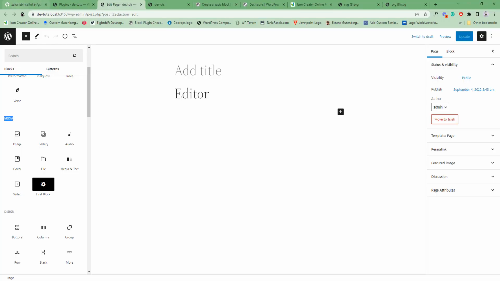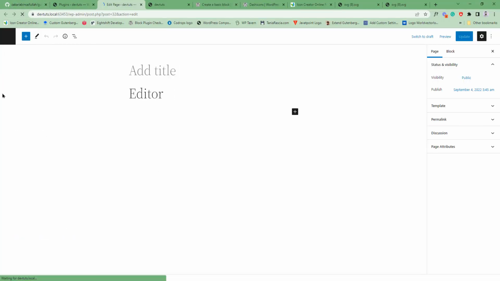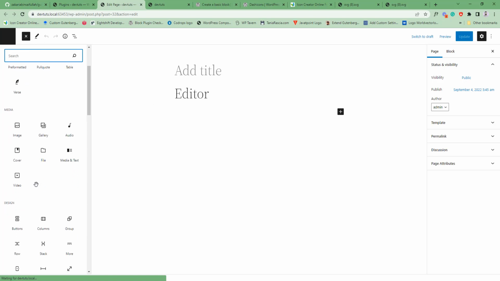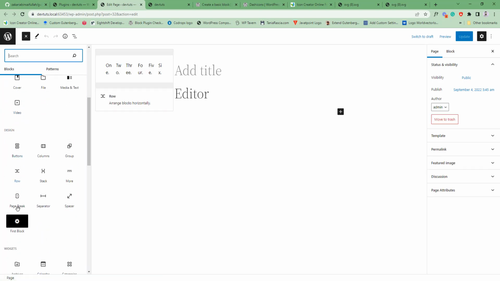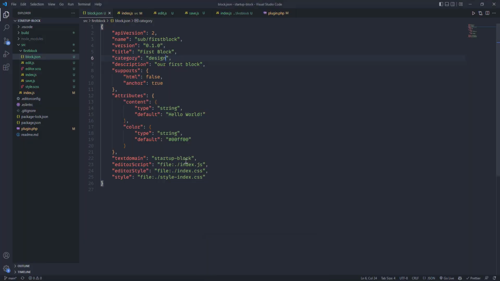You will see our blog is now visible in the design category like this one. Under this design category, we will also create a custom category. I will show you at the end of this course. No worry, when we build a custom block for the WordPress plugins repository, then we will create a custom category for our block. So right now I am keeping only the common one, this one,